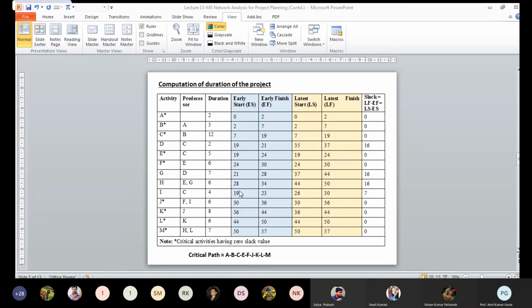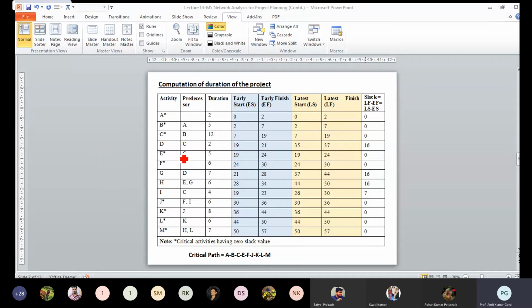Here, similarly, we have to see that E is the predecessor of F. So what is the earliest completion time of E? We have to see, the earliest completion time is 24. So the earliest start time for F will be 24. Once we complete job E, we can start job F. So the end time of E is 24, we can start at 24 and then complete. It is taking 6 weeks of time. It is 30.